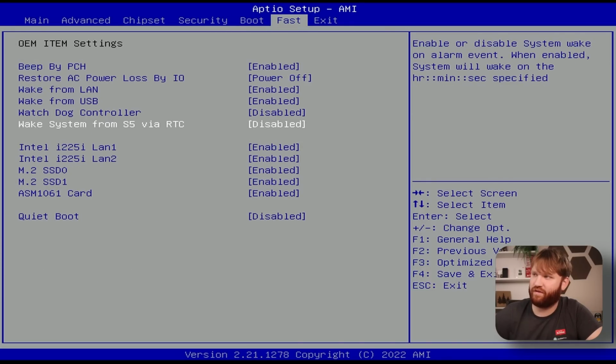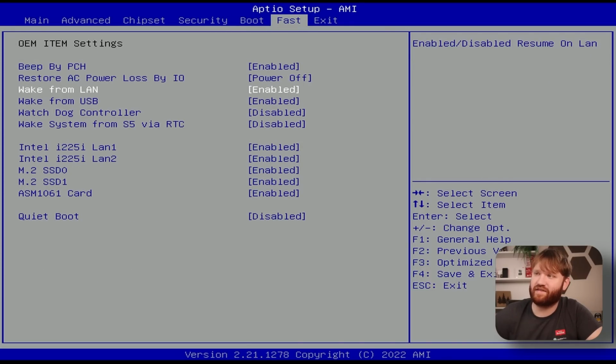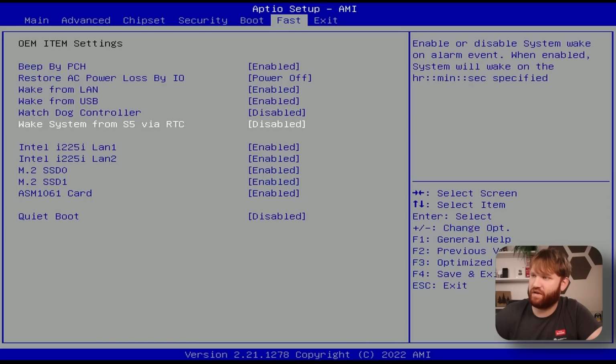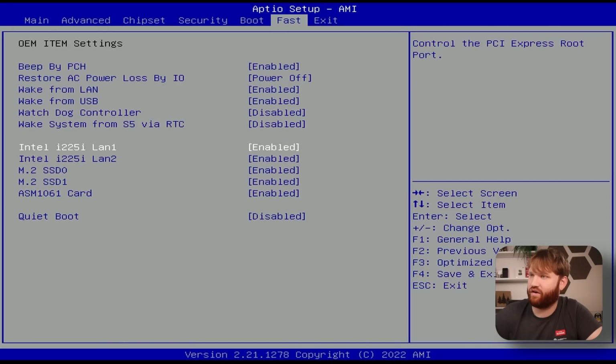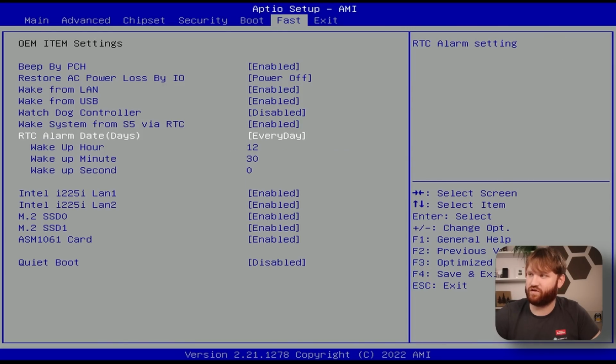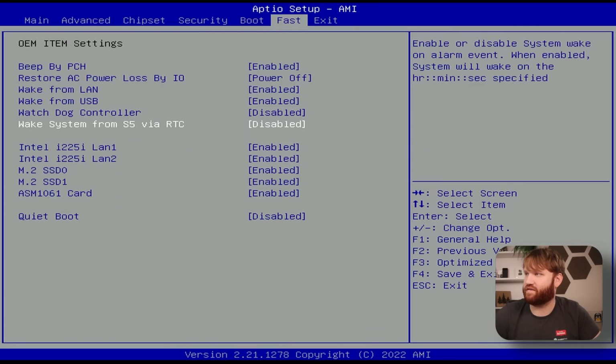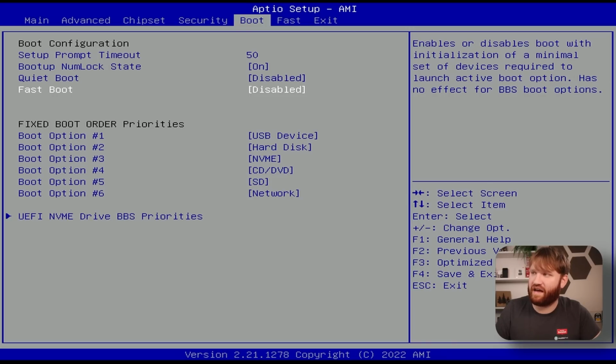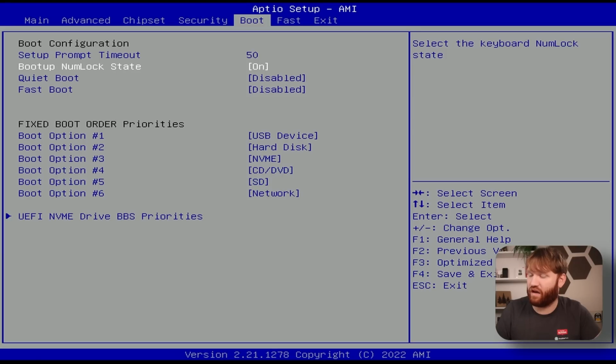All BIOS look a little bit different, but you're going to want to look for an option like this that says Wake on LAN. Make sure your cards are enabled here. And here, if you want to, you can enable S5 via RTC if you want it to turn on automatically at a certain time. But for now, I'm going to keep that disabled. And one thing with Wake on LAN, I'm pretty sure Fastboot is not supported, so you're going to want to make sure and leave that off. I could be wrong. Somebody will correct me in the comments.